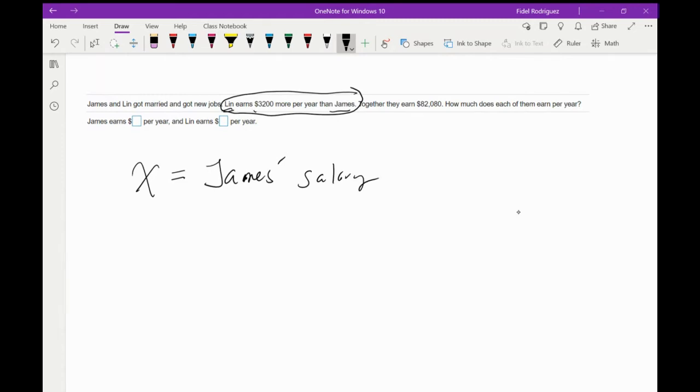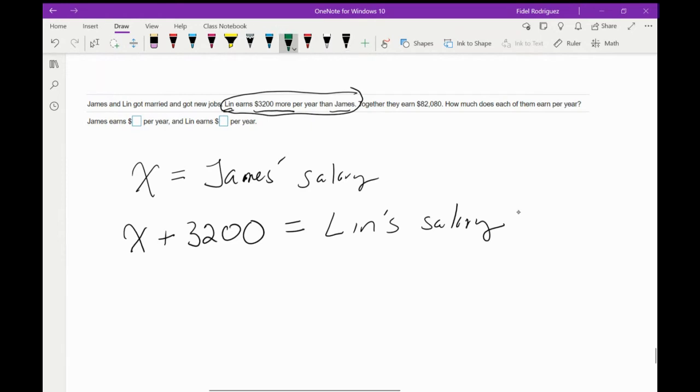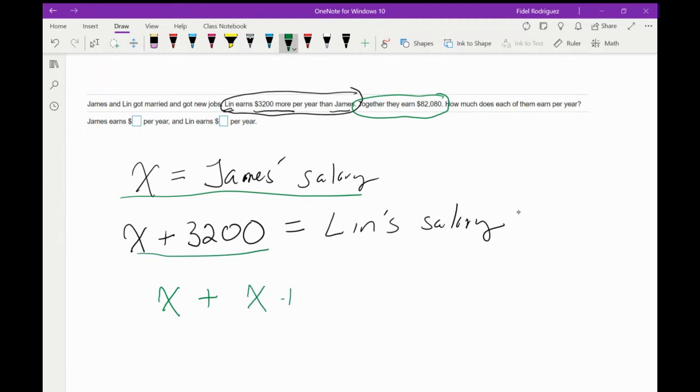Okay. So if Lynn earns $3,200 more, that means she's going to make whatever James makes plus another $3,200. And that's Lynn's salary, right? Okay. Now, the next piece here says together they earn $82,800. So that means the amount of money that James makes, which is X, plus the amount of money that Lynn makes, which is X plus 3,200, has to be equal to